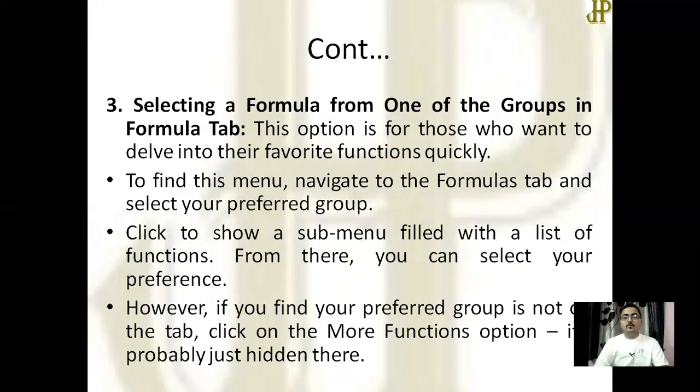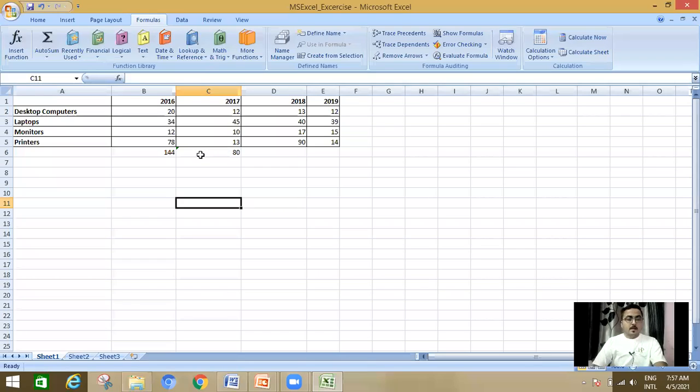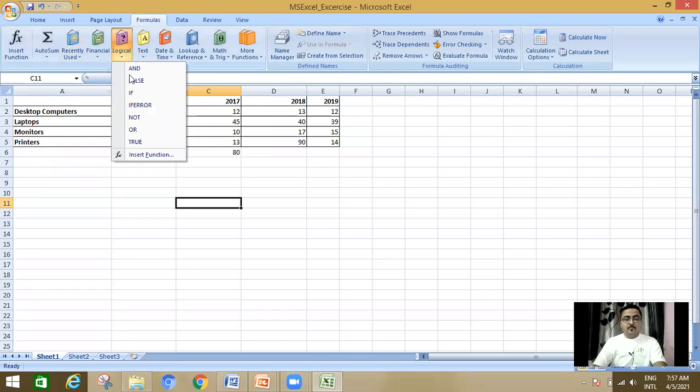Third one is selecting a formula from one of the groups in the formula tab. As I already told you, there are more than 400 formulas. That's why they are grouped into various categories. For example, some are known as financial formulas, some are known as logical, like and, false, if, not, or.